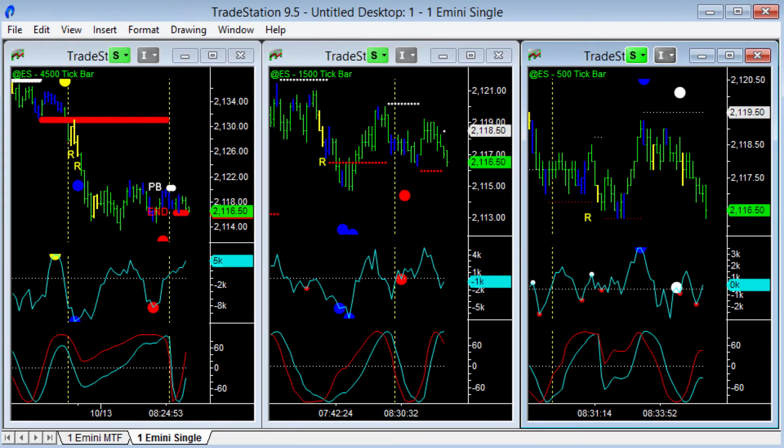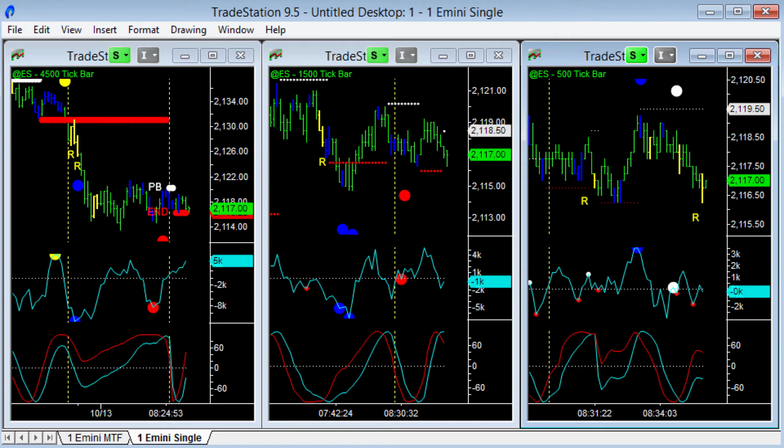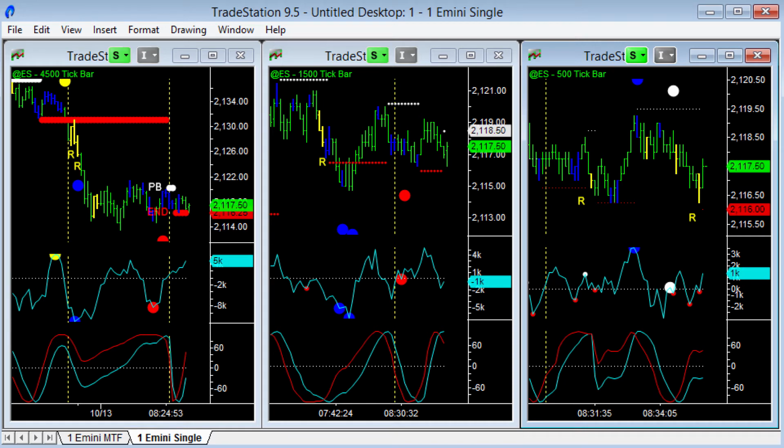Okay, just got short 1675. Short 1675, and just checking my stops and targets. Markets just opened up, it's 8:36. I know we've had pullback end of trend go on the 4500 tick bar chart,